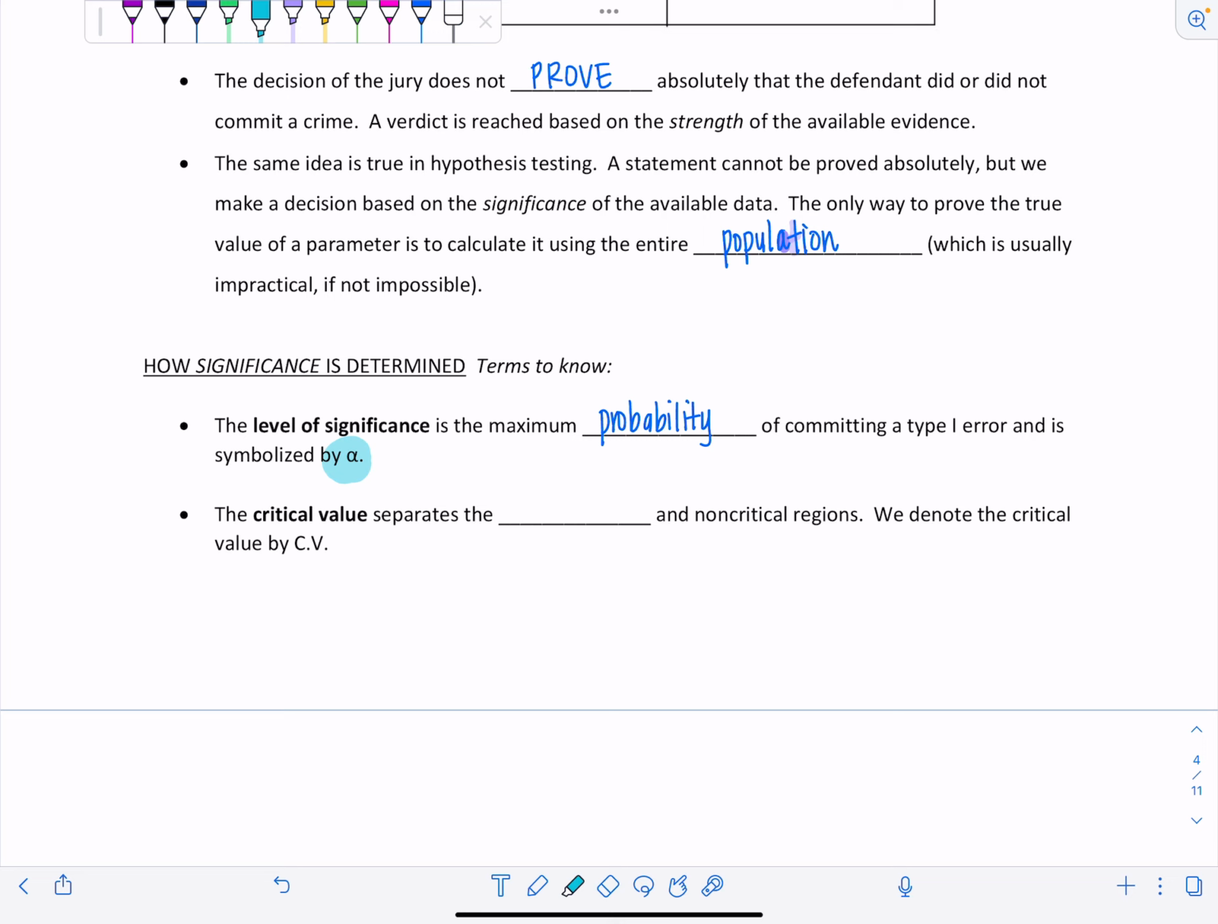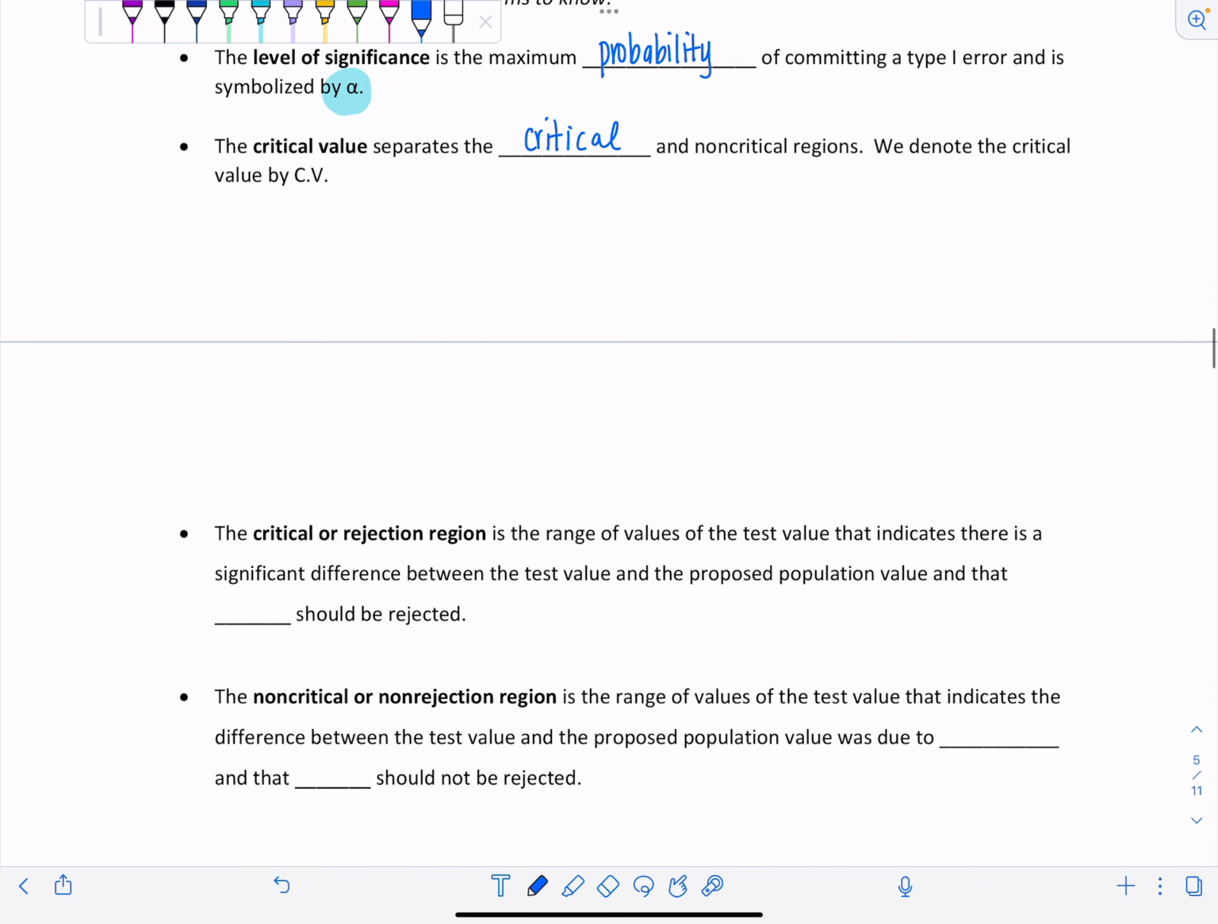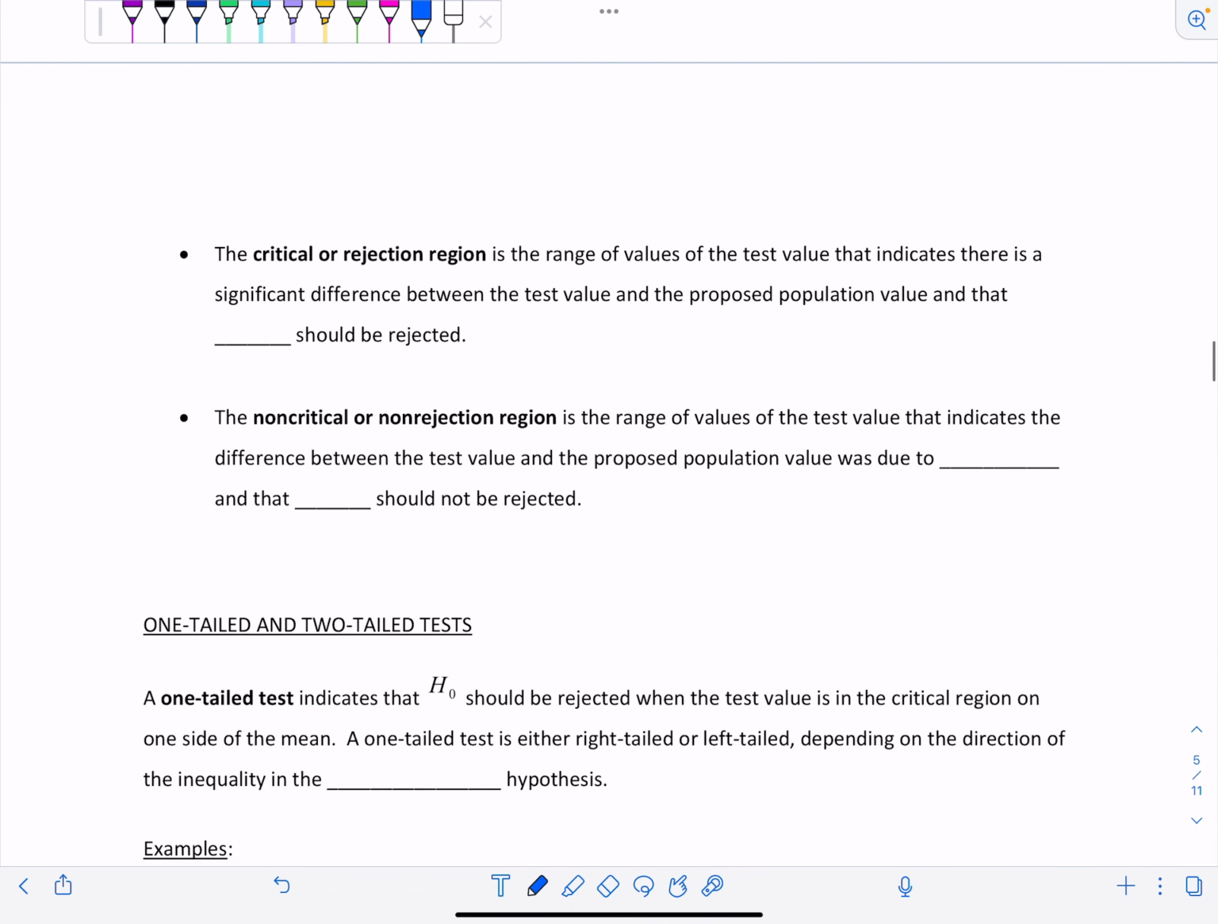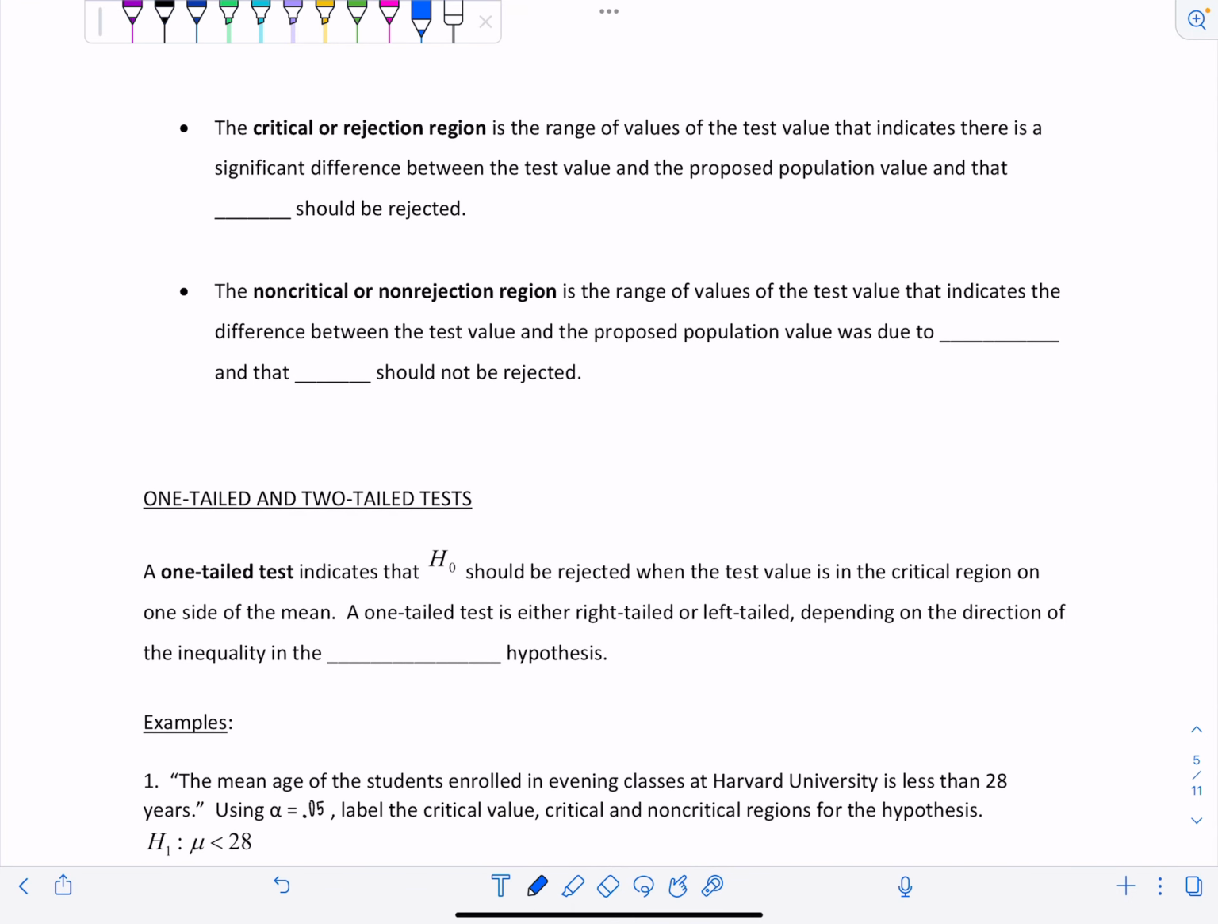The critical value separates the critical and non-critical regions. And we often denote the critical value, we love abbreviating over here, by CV. The critical or rejection region is the range of values of the test value that indicates that there is a significant difference between the test value and the proposed population value, and that H0, your null hypothesis, should be